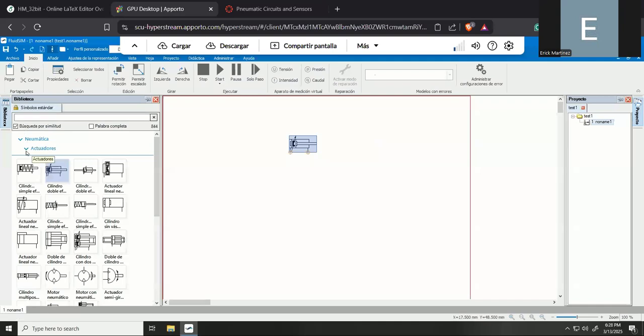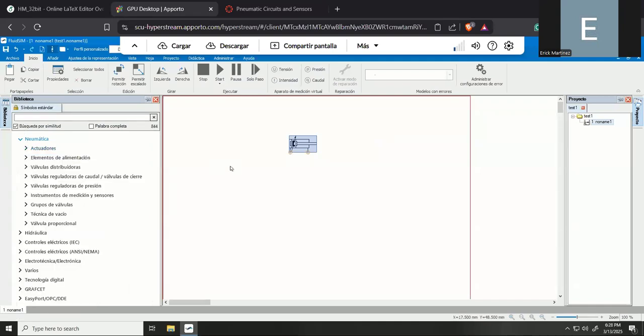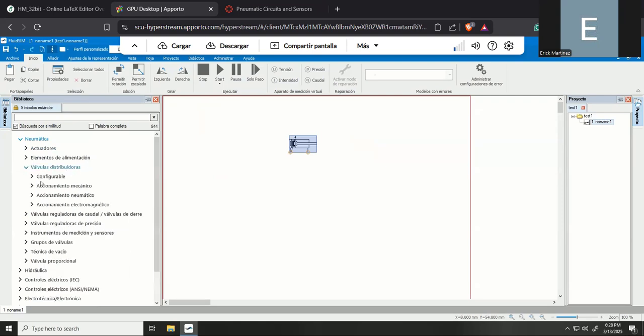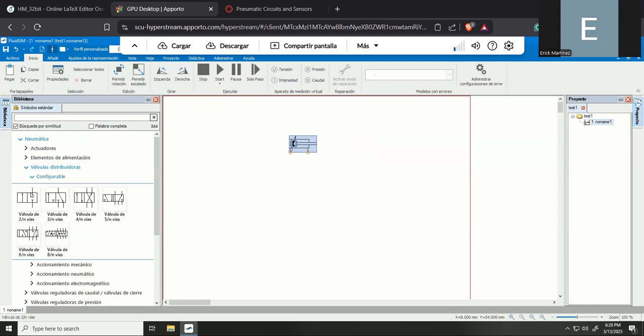Okay, now, the first way in which we will be controlling the extension or retraction of the double acting cylinder is by using two distribution valves. So you click here in distribution valves and then go to configurable. And in configurable, you select the three ports valve. So you select this three port valve